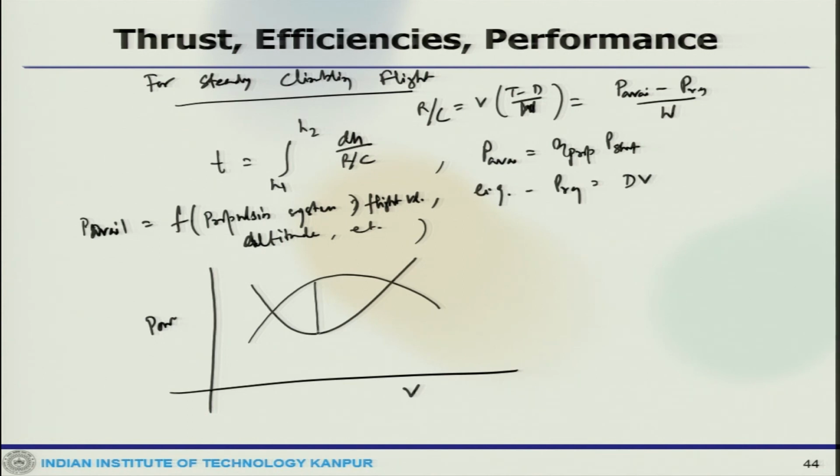So, this is probably the power required curve, this is the P available curve, and this is the